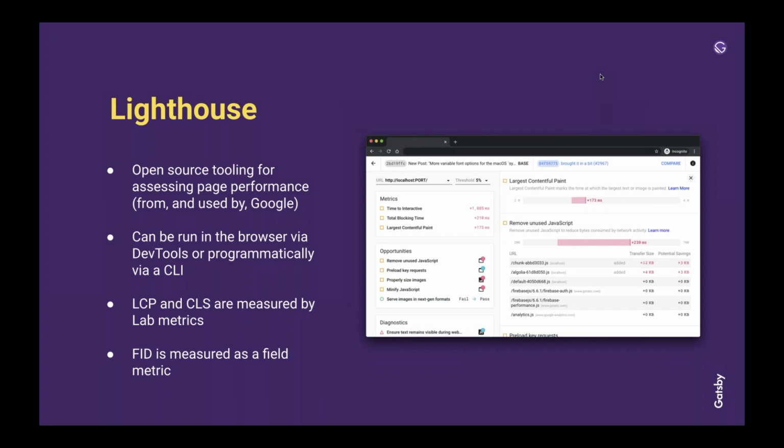I was just going to say it's important to note that Google will judge you on the field data, not on the lab data. The lab data is really handy for a point-in-time test to diagnose and spot issues and opportunities. But if you want to understand how Google is going to perceive you, that's very much the field data. That's gathered from a whole bunch of Chrome users. I forget which setting it is, but anybody who's opted into some flavor of the Chrome history settings, which is a lot of Chrome users, aggregates your data URL by URL in the real world.